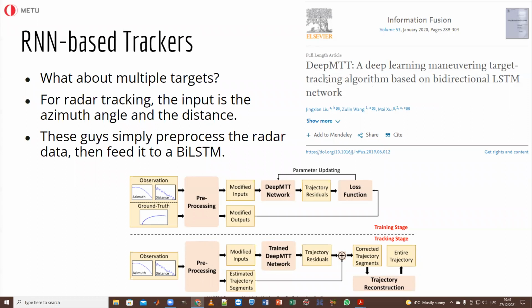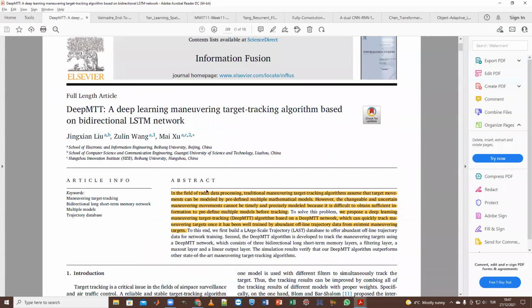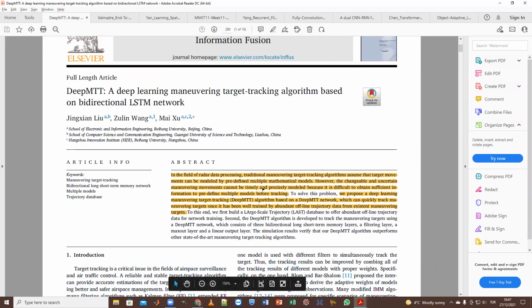So this is a paper where the idea of RNN-based tracking is applied to multiple targets in radar. And they simply use the BILSTM. Let me go over the paper because it will make more sense that way. Okay, in the field of radar data processing. Very nice introduction. Traditional maneuvering target tracking algorithms assume that the target movements can be modeled by predefined multiple mathematical models. Well, I don't know if it makes sense to you, but let me try to make this make more sense